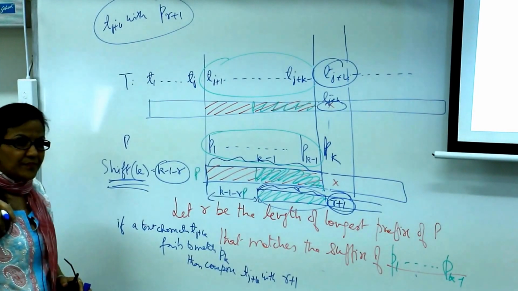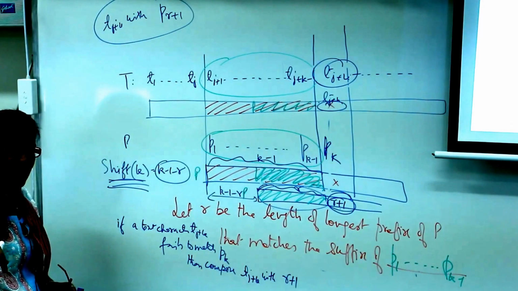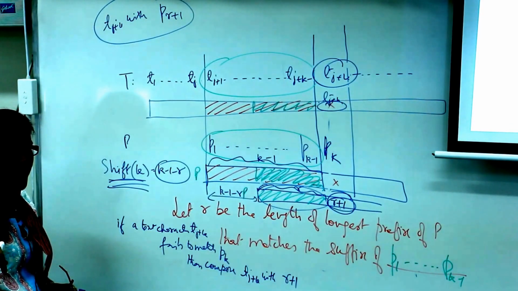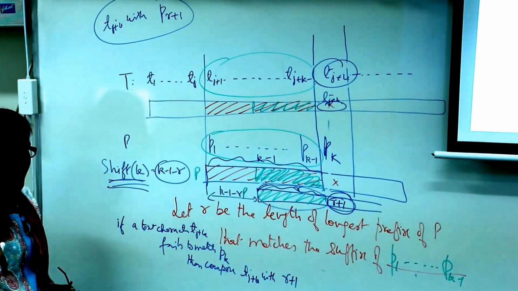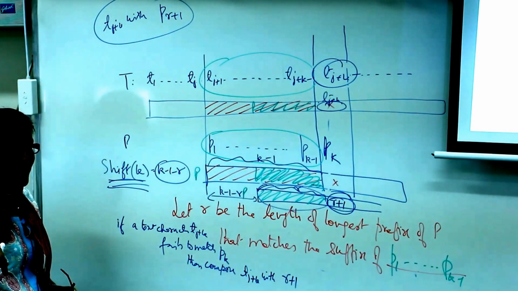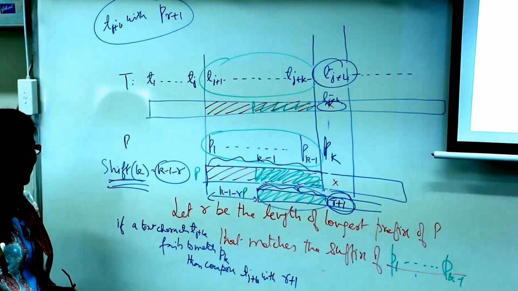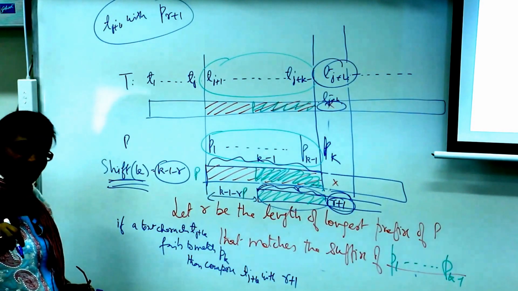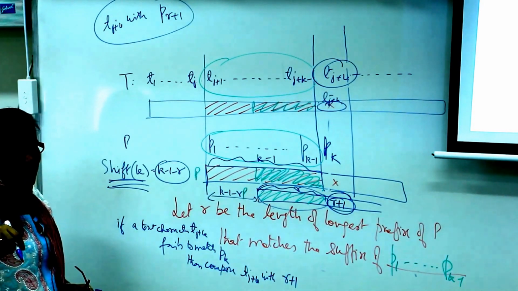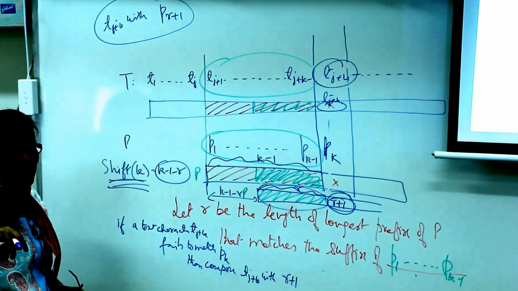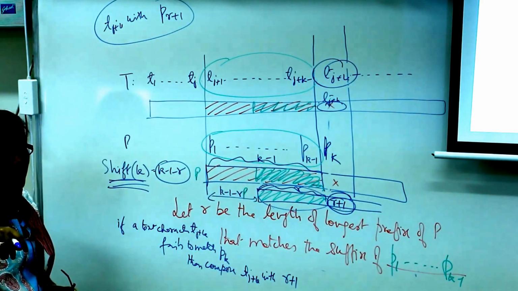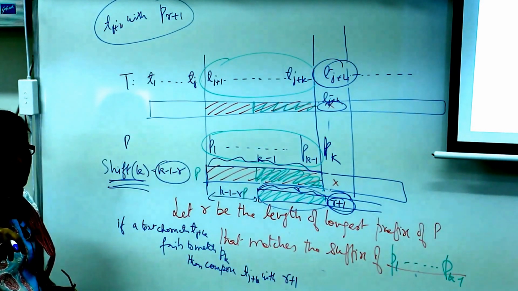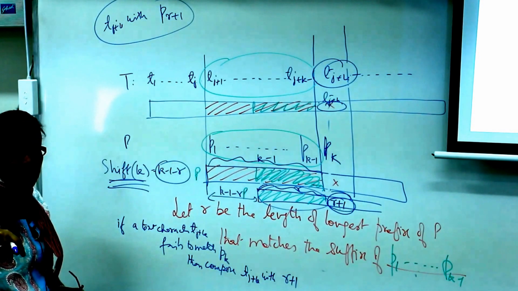Basically, we have shifted k units. We started comparison at Tj plus 1 and we found the mismatch at Tj plus k. And now I'm restarting my pattern matching at Tj plus k. Right, exactly. So that's shifting of k characters. Before that, I'm not making the comparisons. So I'll tell you the analysis.